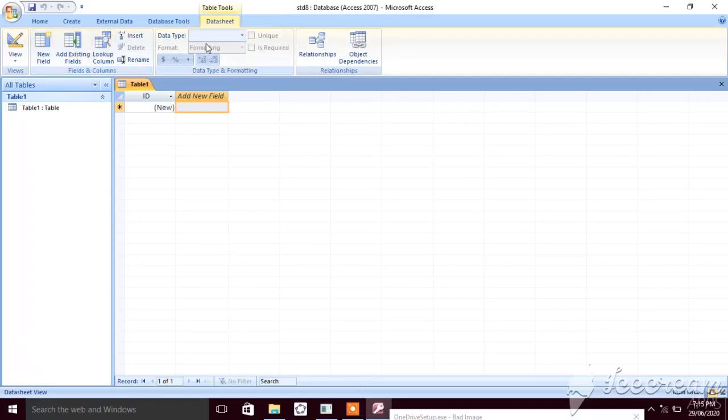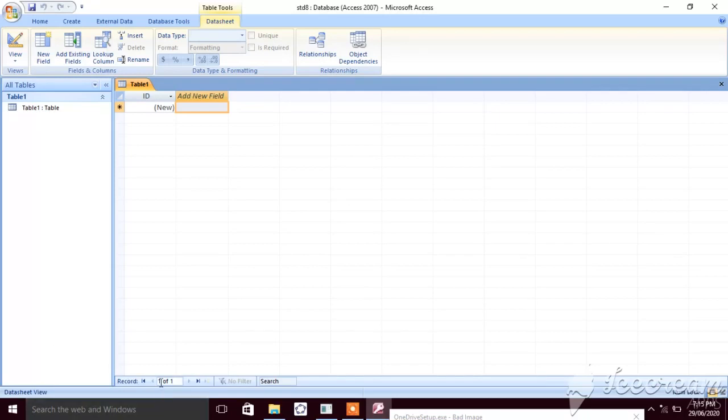Each and every tab has a sub menu. Okay, this is a group, it represents the group. Then the navigation pane is present on the left side and displays the list of objects in your current database. Whatever table you create, we can see it here in the navigation pane.